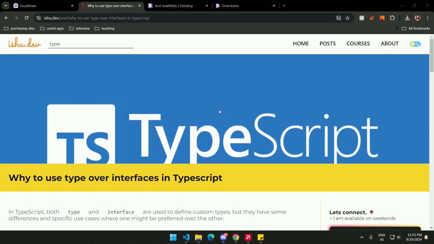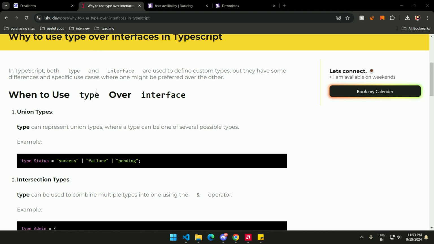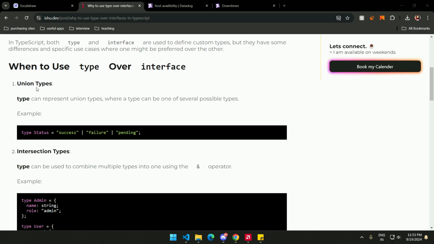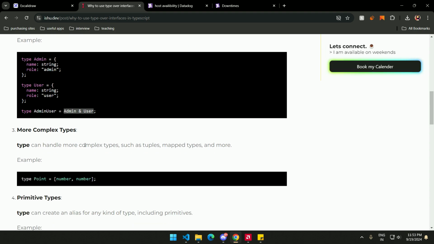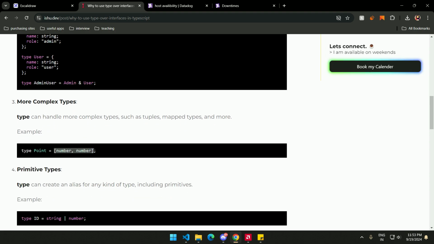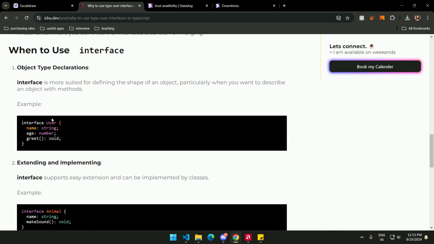To cover the main difference between types and interfaces in TypeScript, I've created this article. I'm going to share this link in the description. So if you want to use type, you can have unions. You can create intersections, like extending properties from one to another. You can have tuples, where you specifically know in an array what values you want to store in the indices. You can have primitive types, and you can also use union, either one of them, but you cannot do these things with interfaces. Interface is more of, if you want to create a structure which looks like multiple members together, just like a class,